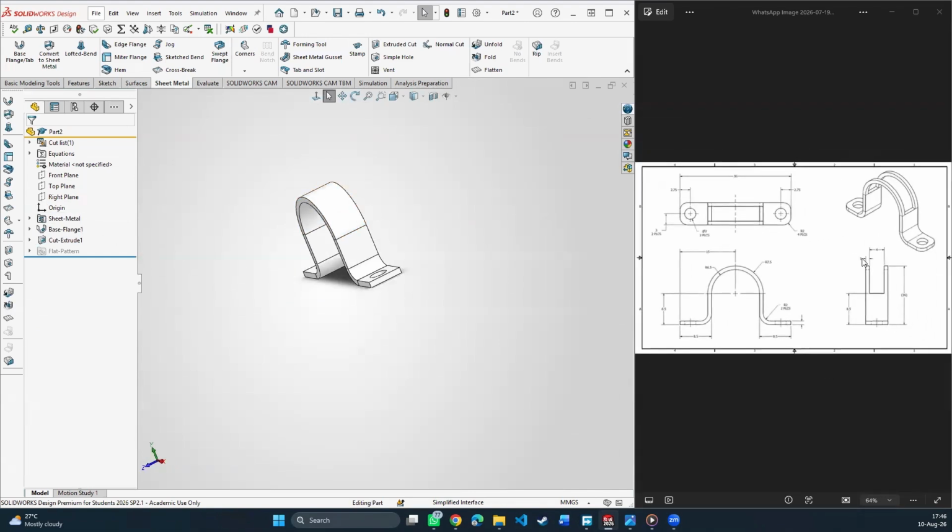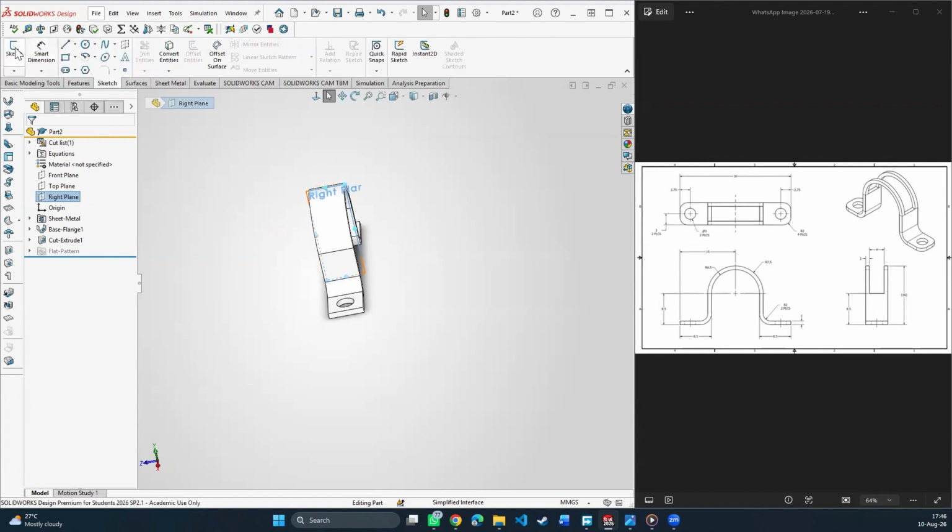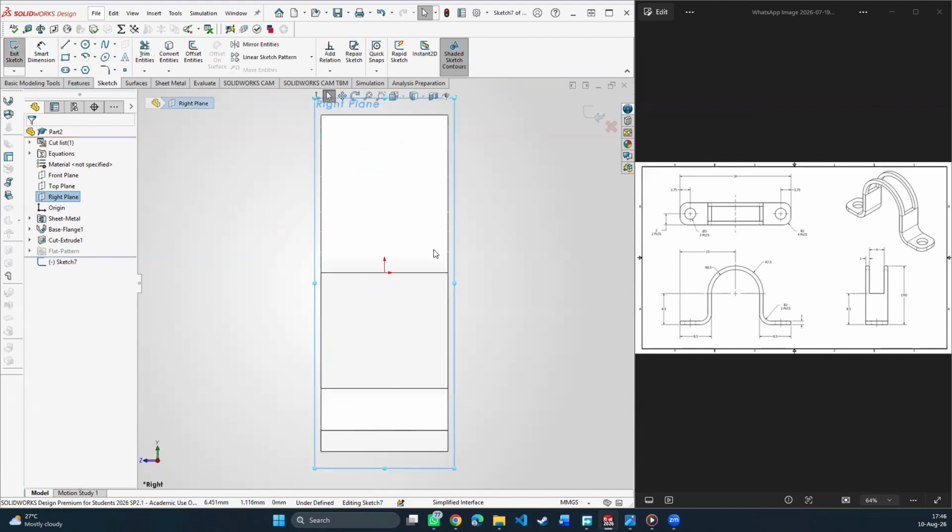So the next thing is the cut here. That is this cut here. There are two ways to go about it. I can actually unfold, which is flatten it, to make the cut. But in this case, I don't think it's necessary because if you look at it, it is straight on this side. So there's actually no need to make it flat before we cut. Instead, I'm just going to select the right plane, select sketch, new sketch, and